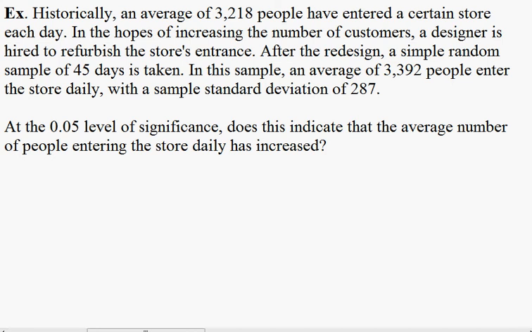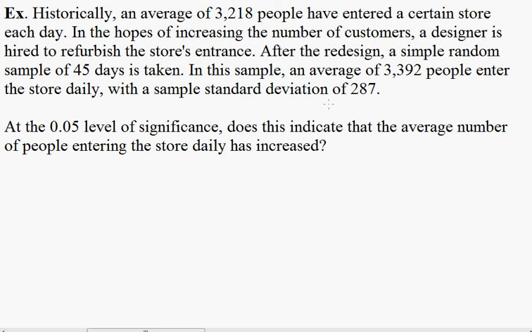Let's consider this problem that we discussed in class. Historically, an average of 3,218 people have entered a certain store. A redesign of the store shows that in a sample of 45 days, there's been an average now of 3,392 people coming to the store, with a sample standard deviation of 287. The question is, at the 0.05 level of significance, does this indicate that the average number of people entering the